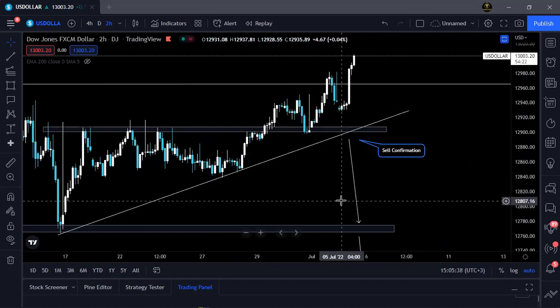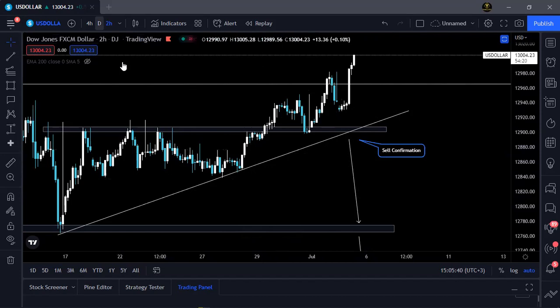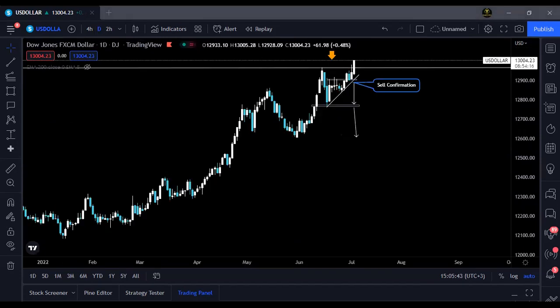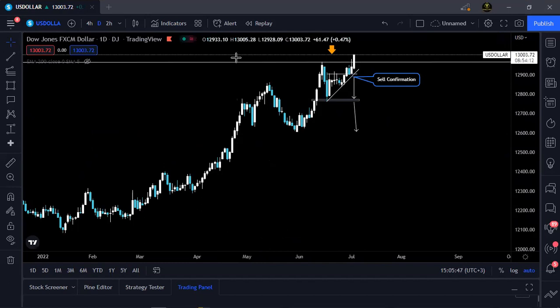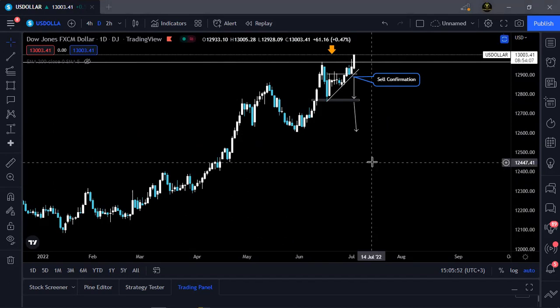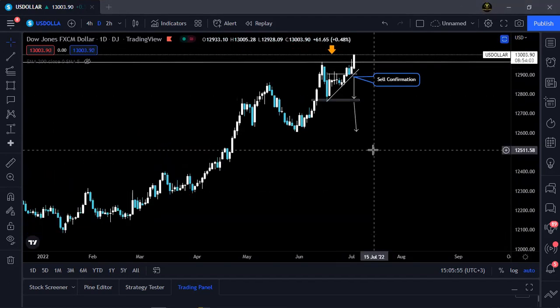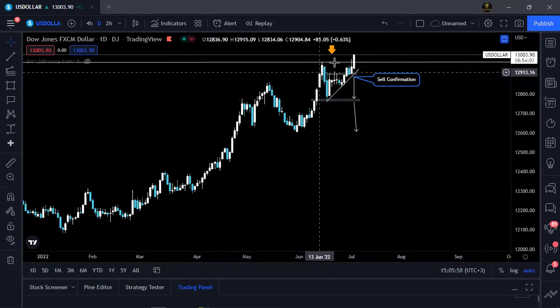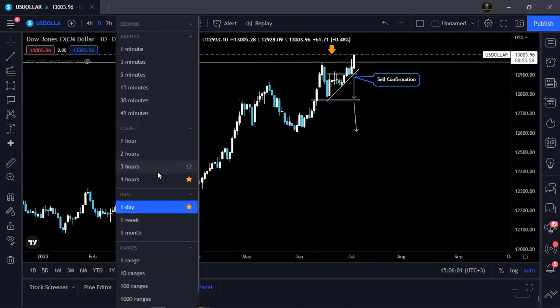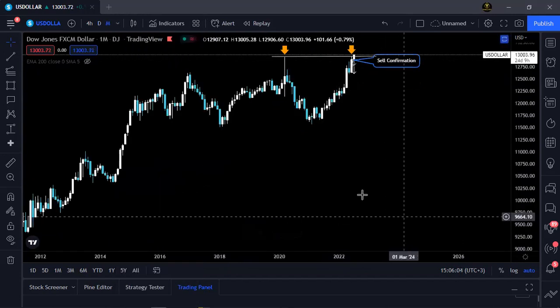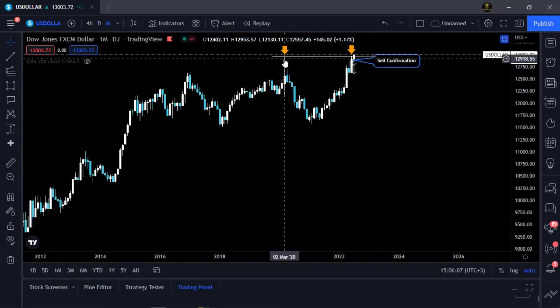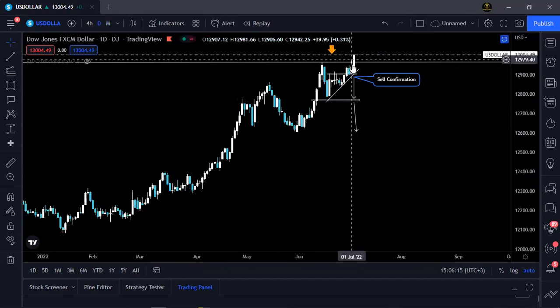Okay, so this is the DXY, obviously the US dollar index. Starting with it from right here, it reached an all-time high. You can check it from the monthly perspective. This was the all-time high that wasn't tested since March 2020, right around the corona pandemic, and prices just reached that and it has broken it and it's pushing higher today.